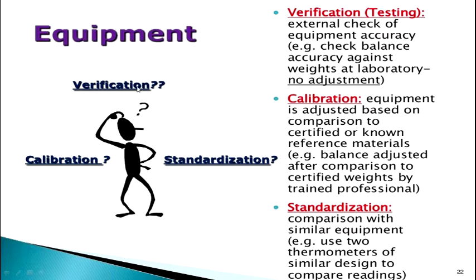So, what is verification? An external person will come and check whether your equipment is accurate. Say if it's a weight balance, the external person will come with a standard weight. He'll put the weight on your balance, say it is 100 gram, and he will check the accuracy of your instrument. So that is a verification, which is done by an external person with the external weight. And in case it is not abiding, if it is showing a different reading, then you have to adjust or calibrate your equipment. Next is calibration.